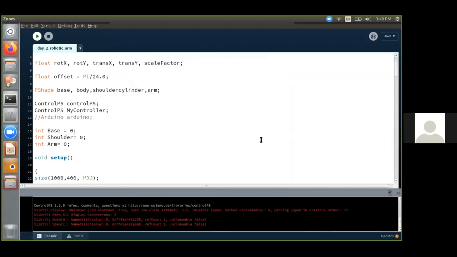Janakaran is asking, sir, do we have to program for the base and cylinder or are they built-in? So I have built the base and cylinder for now.